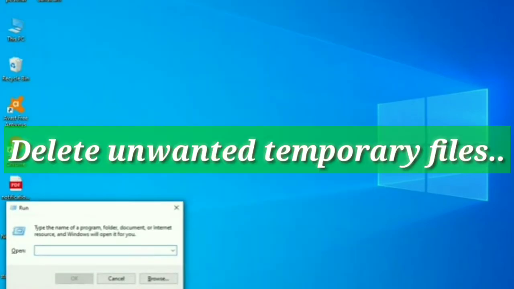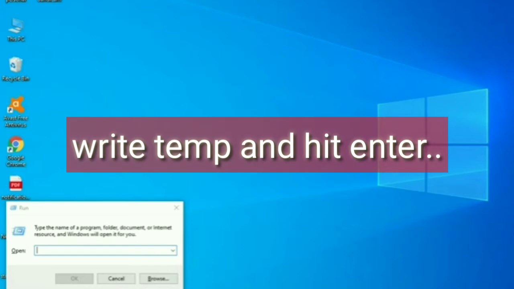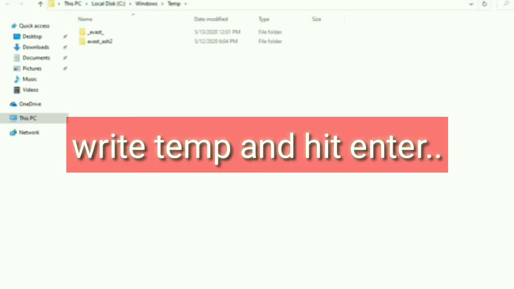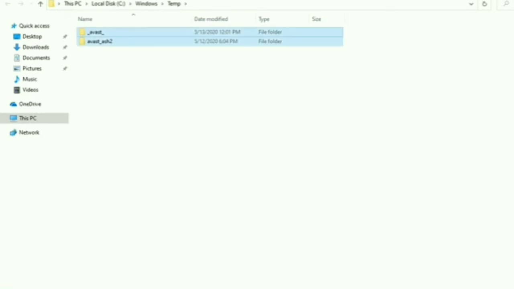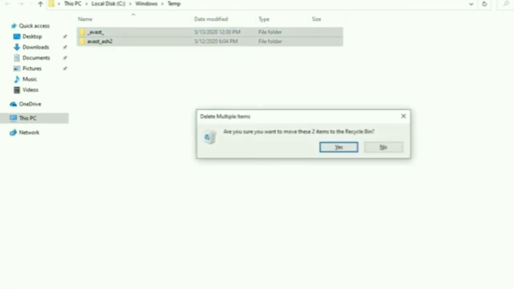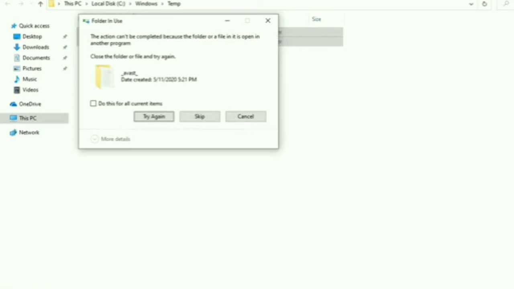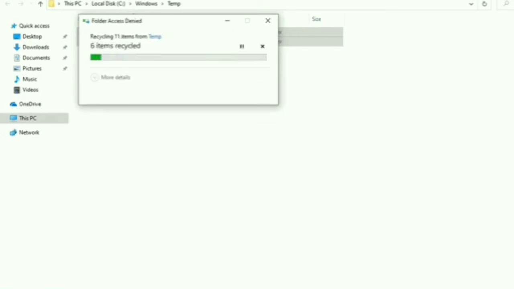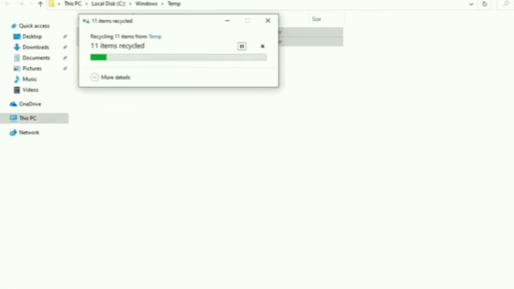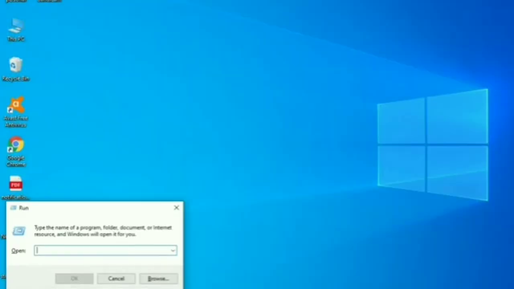See here, these temporary files are generated by a few of the apps one time only, and after that they don't require them. So you can just press Ctrl A, select it and click delete, and you can delete these unwanted app files. Okay, all of you. If you find this kind of option, just skip this one; otherwise they would not take much space. So you can close this one also. Next you can go for the next step here.